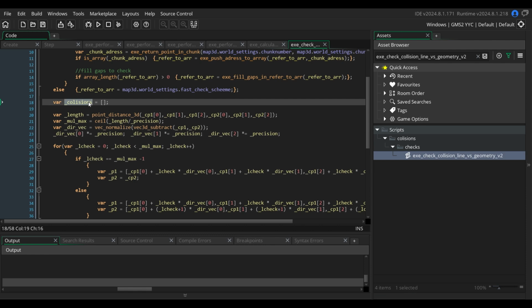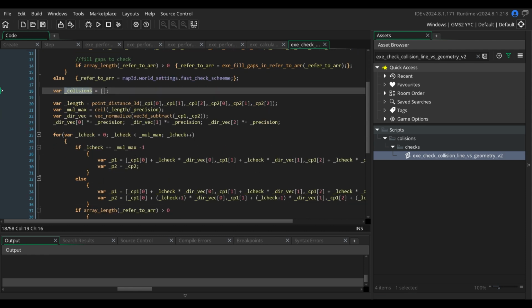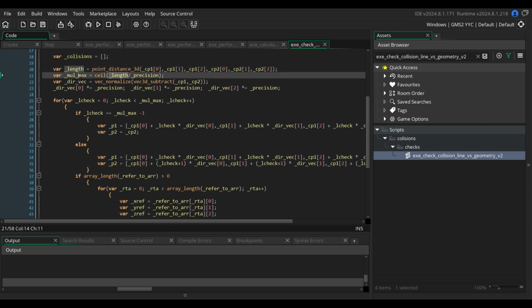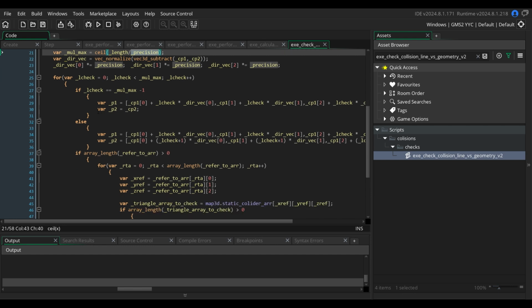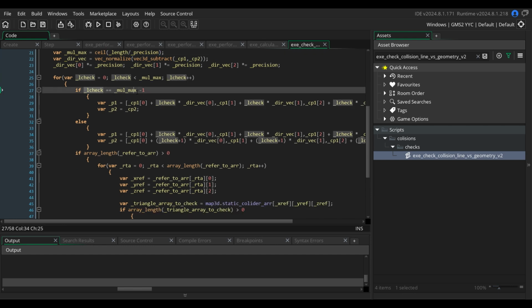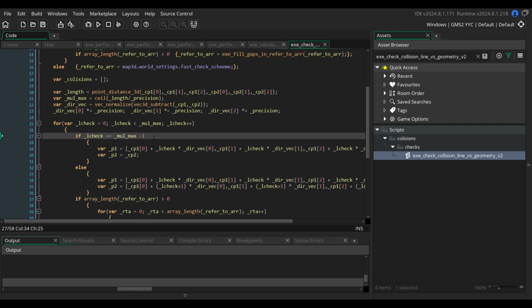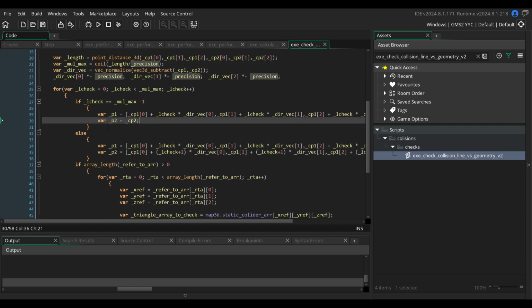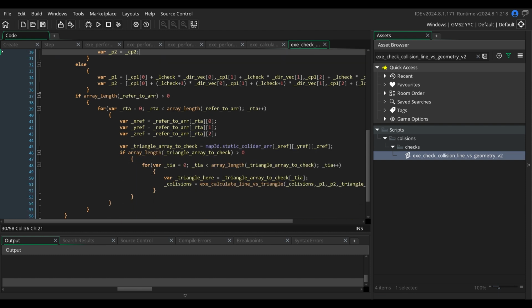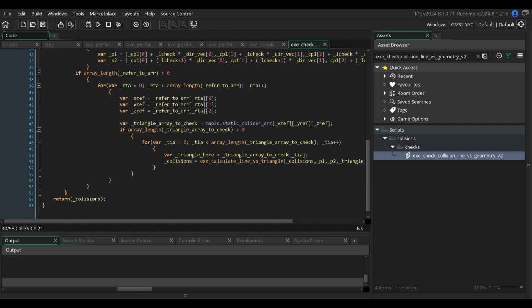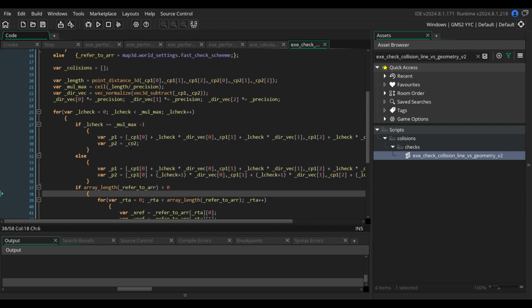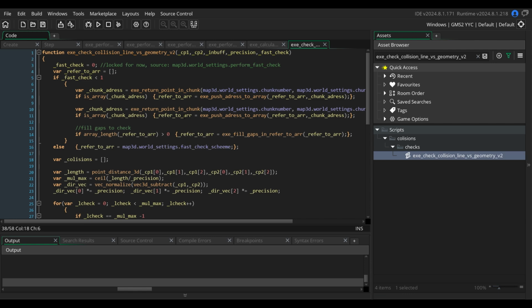So here we have a collision to return. As for starter, it's empty. Length of our line, multiplied by precision and length and stuff. So we are splitting our line in small parts by the precision, and we are checking every part of this line. So this is why precision 5. And we are checking which arrays on the map we are to refer. So what chunk is to be